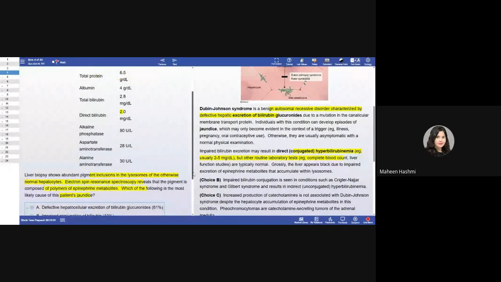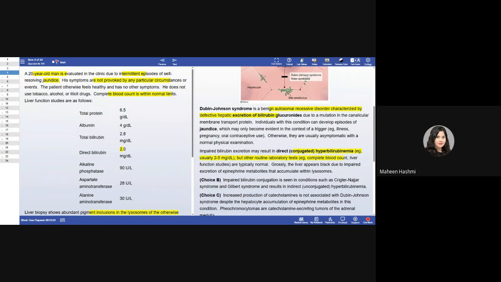Gilbert. Very good. Stress. So it would be Gilbert. A girl who is taking a lot of stress, for example, they will give you a clinical vignette of a girl who's studying for her exams. She has been up the entire night and she's taking a lot of caffeine. And her friends notice the next day that she is having jaundice, right? So, because of stress, this is happening to her.